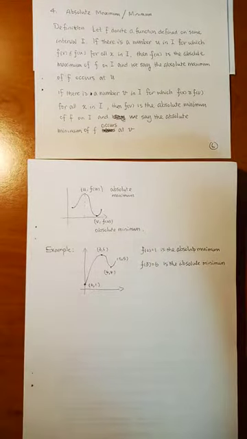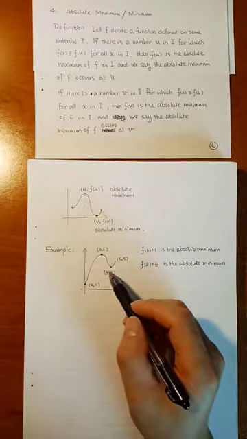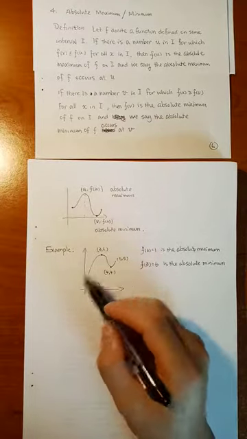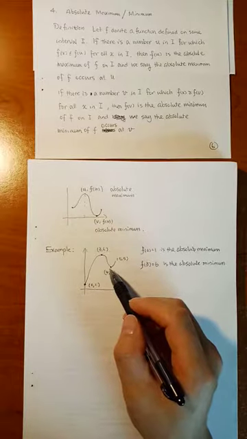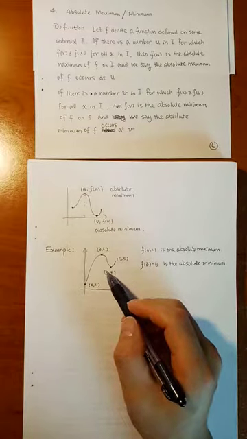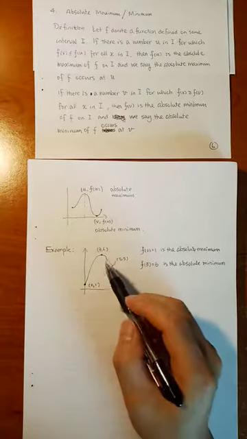You have absolute maximum, absolute minimum. Okay, and also you check here. This (4, 4) is a local minimum, but it's not global, since here this point is even lower than this. So it's a local minimum, but not global. Not absolute minimum. This is absolute minimum, absolute maximum,